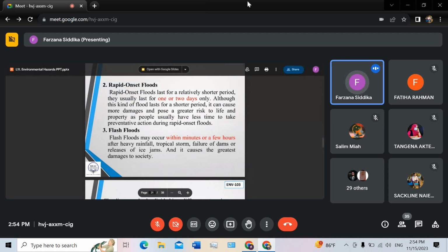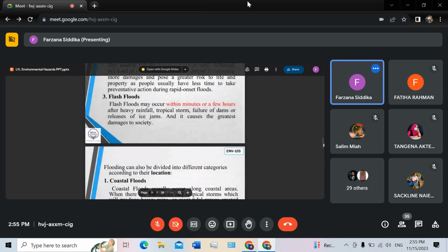So even if you have completed the assignment, you could not submit the assignment. So rapid onset flood is that kind of sudden event. When there is high rainfall in the hill area and that rainwater moves downhill, we see the rapid onset flood. And whenever there is a failure of a dam and the surrounding area is flooded, that can also be a rapid onset flood. So it starts and ends very quickly.